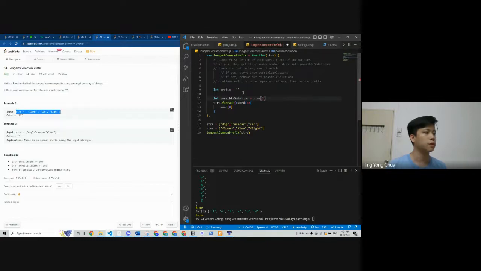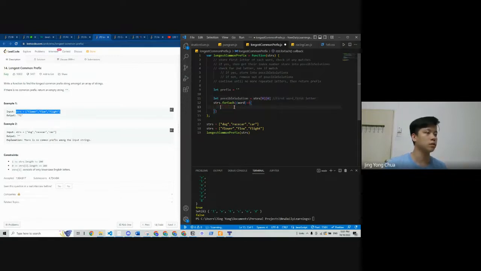I want to get the first element, and I want to get the first letter. So first element, which is 0. I want to get the first word. First word.